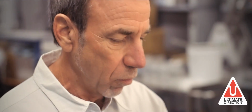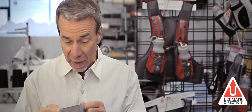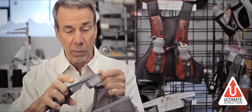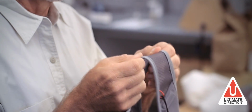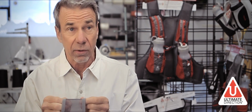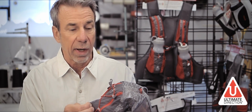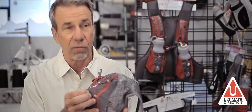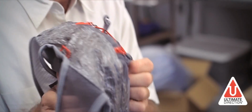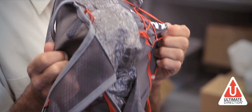Secondly, we've introduced amazing new materials. This Hex Mesh is totally breathable, won't absorb any water whatsoever, it does not stretch, and it's ultra lightweight and strong. The stretch mesh is what we used in all the pouches and pockets, which is amazing because if there's very little inside of it, it still doesn't bounce, but it'll expand to fit almost any load,